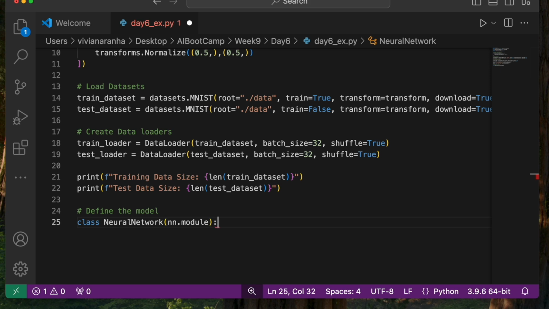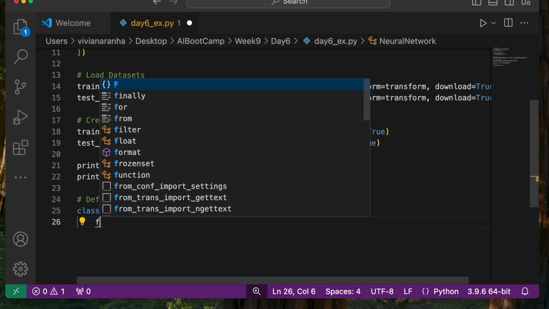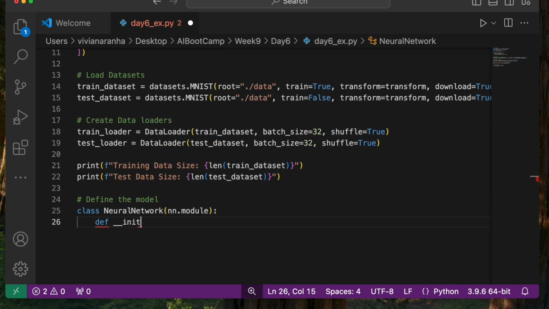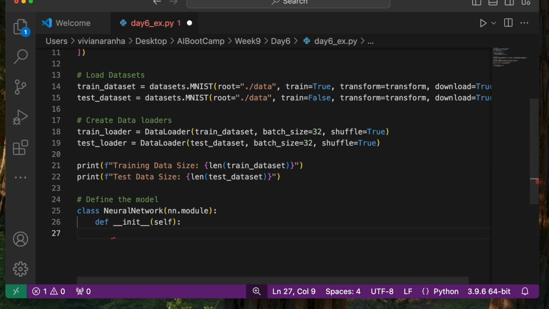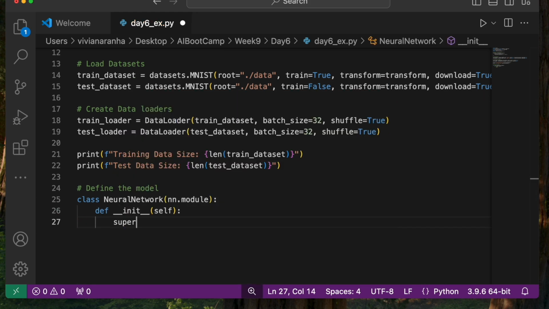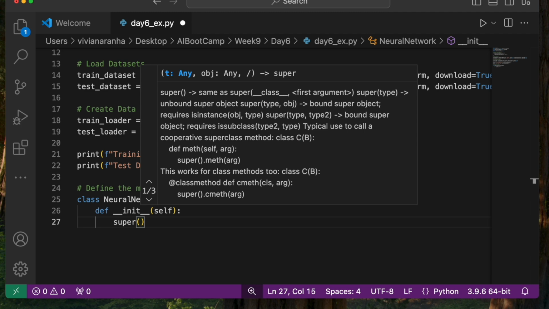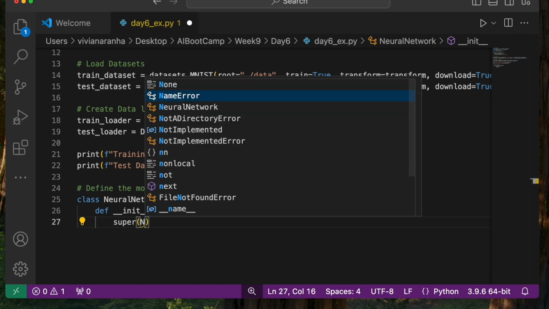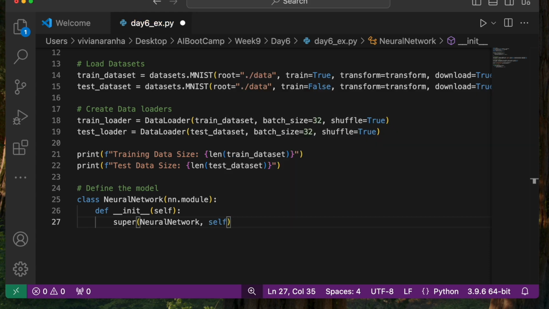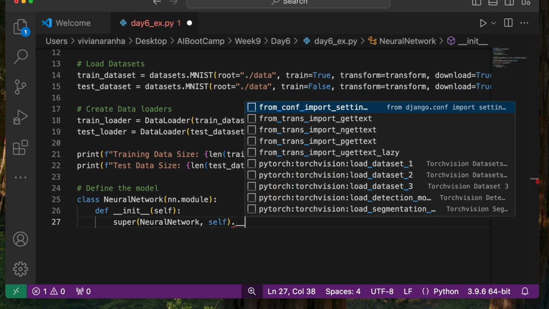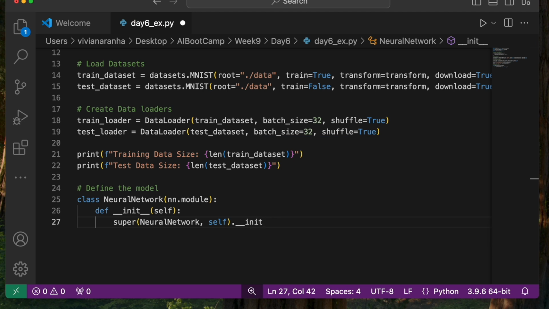And then I am going to define the initializer method, __init__(self). Now here I am going to call the super method first, which is super(NeuralNetwork, self), pass the self object, and call the initializer method of that, __init__. That's how we call that.